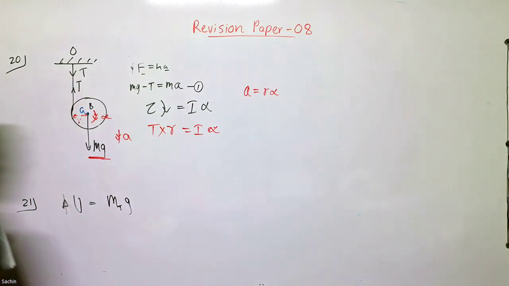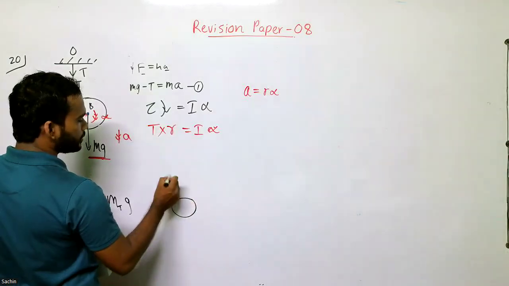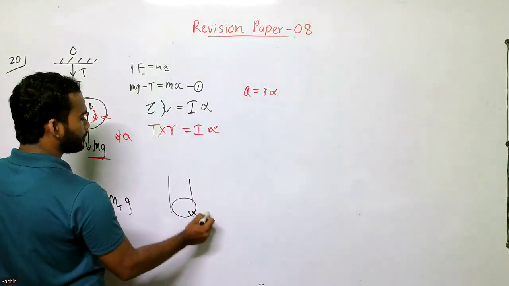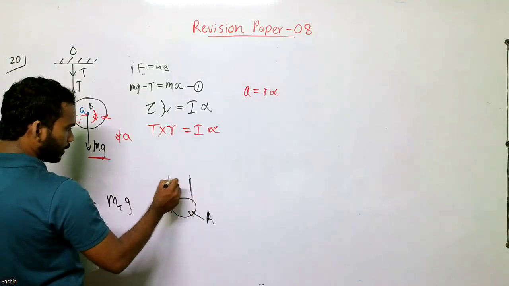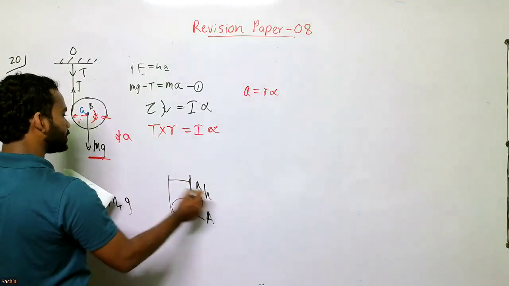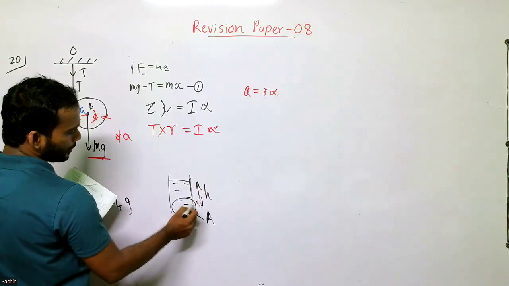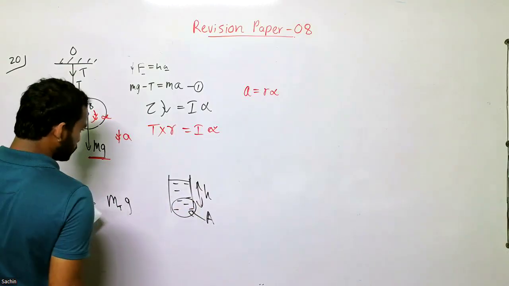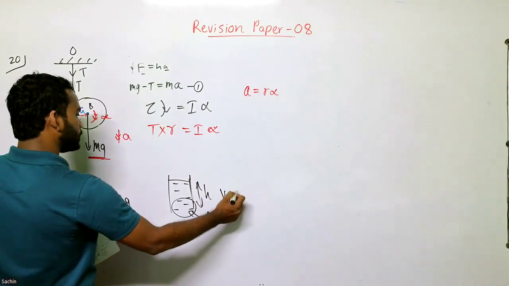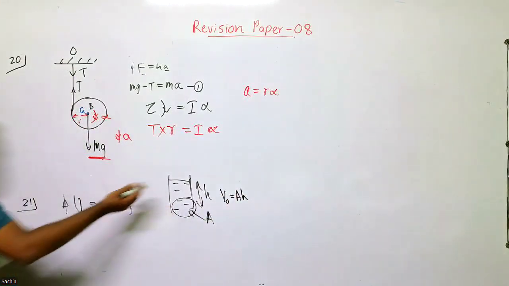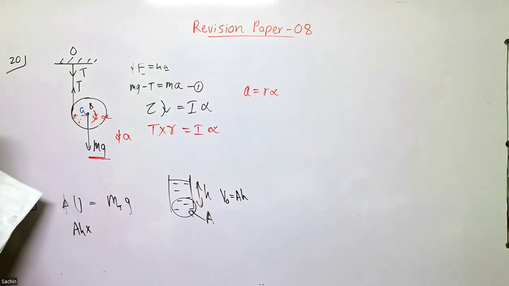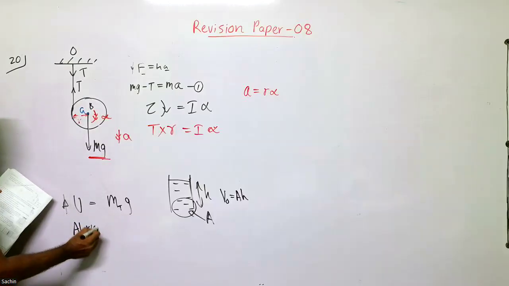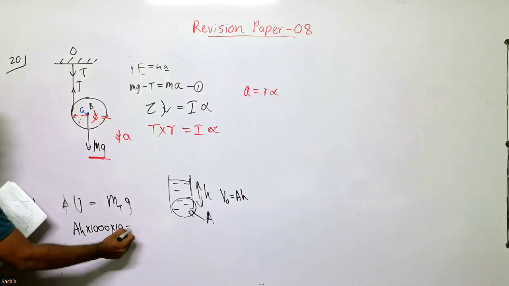Let's consider the cross section of the cylinder as A. Then I can write the submerged volume in terms of the submerged length. Submerged volume is equal to area times submerged height, right? A H times the density of the liquid, rho W, that is 1000, times g, that is 10, should be equal to